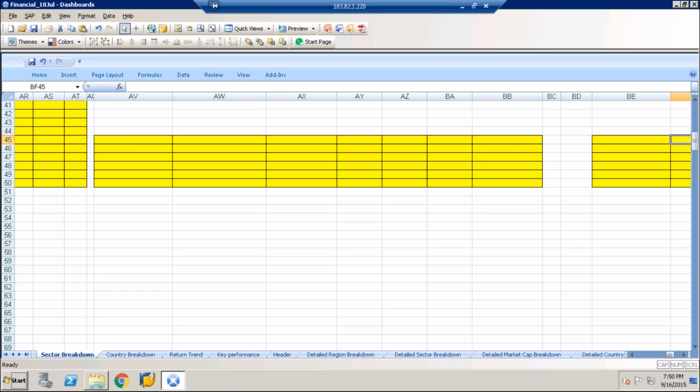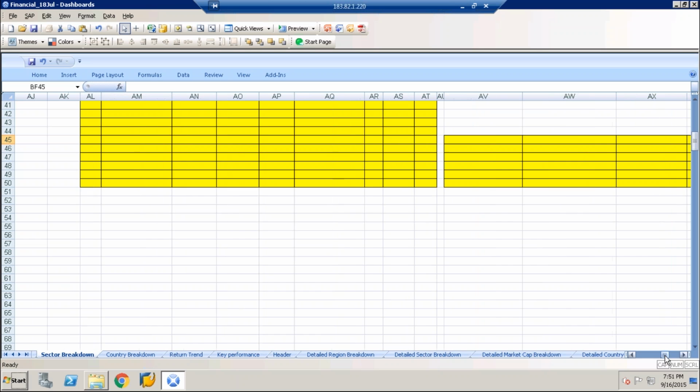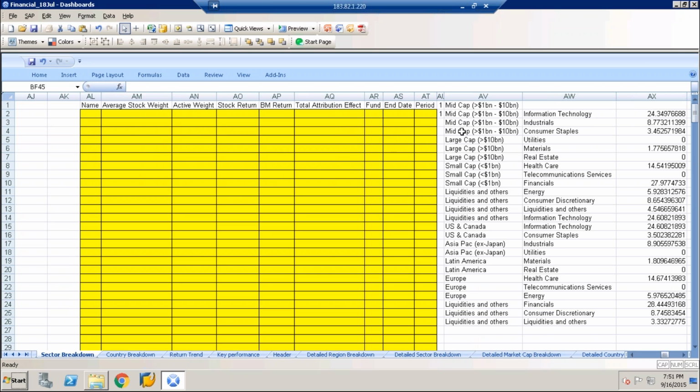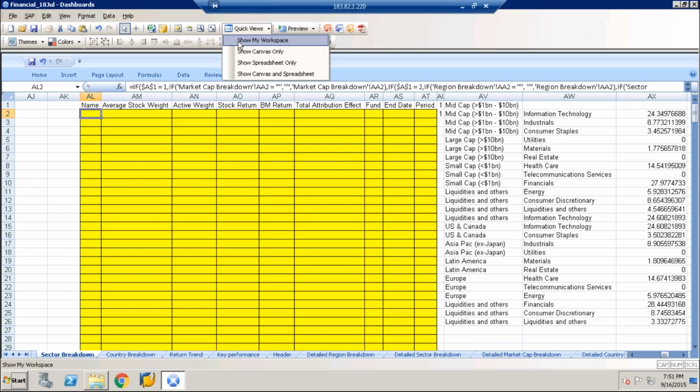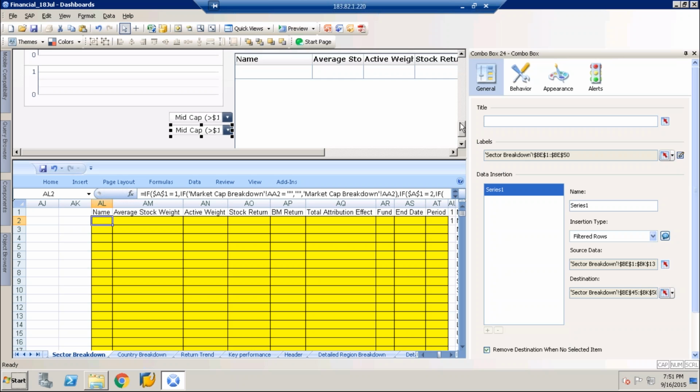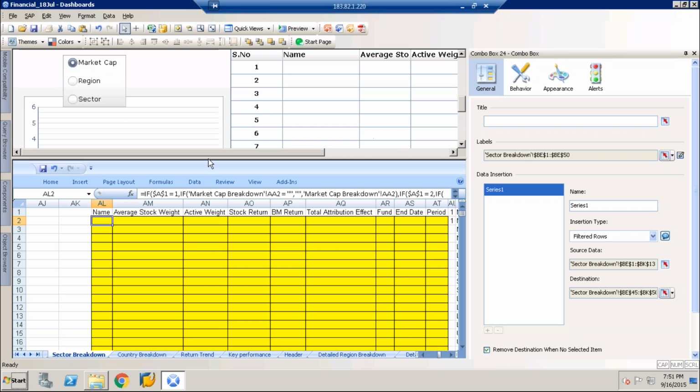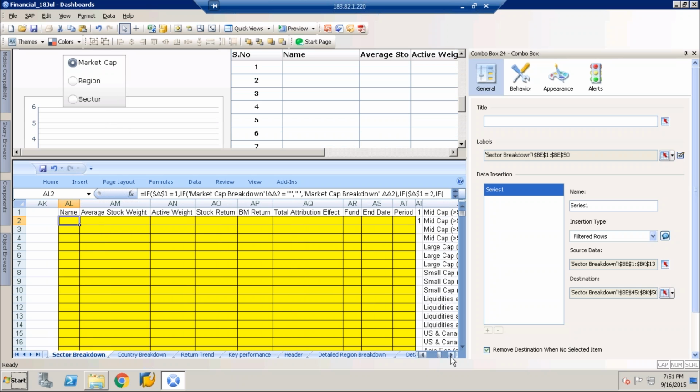I have used the same thing in this one. If you can see it, the same concept I have used. If the user has selected market cap breakdown, I'm talking about this filter. So if he selects 1, that is market cap, then I'm taking the data from market cap. Then I'm checking if it is blank, because if you just copy it gives 0. Then I'm checking if A1 equals 2, that means he selected the second value. Then I am